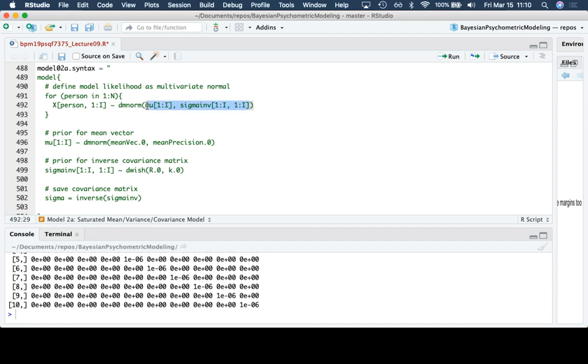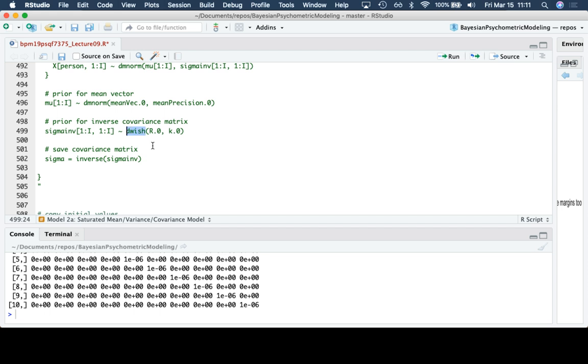The parameters of our model are mu and sigma inverse. That's what it's going to estimate, and it's going to estimate the matrix now, right? I'm going to save all of those. So mu is dmnorm. The means have a multivariate normal distribution with the mean vector of zeros, and that prior mean precision inverse, sigma of the mean matrix is inverse precision. And then here's the big one. Sigma inverse